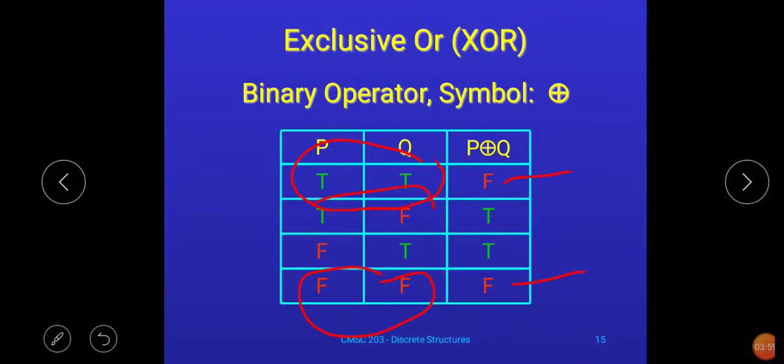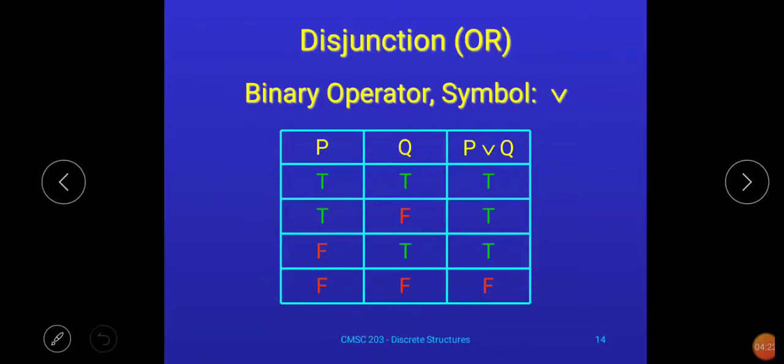And if different values are there, then output will be true. So how to remember the truth table for exclusive OR: if both are the same, it may be true or it may be false, output will be false in case of exclusive OR. And if both are different,